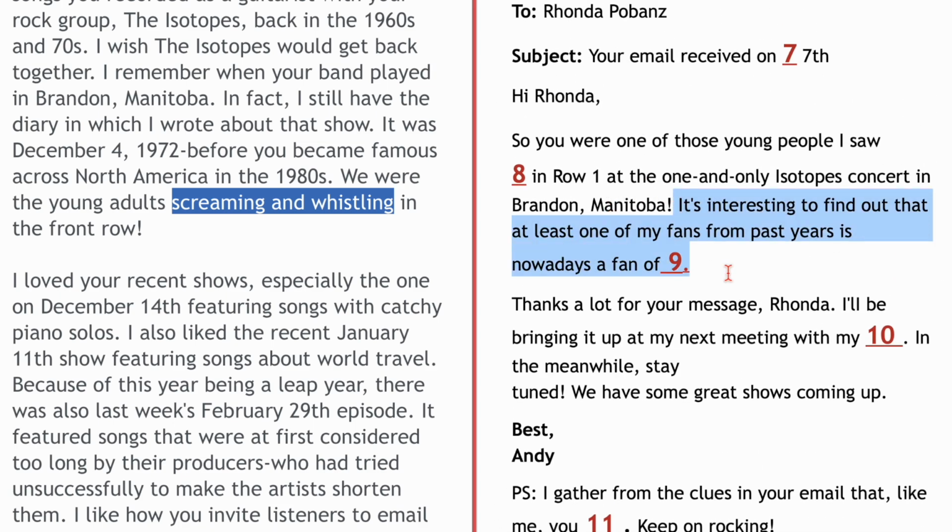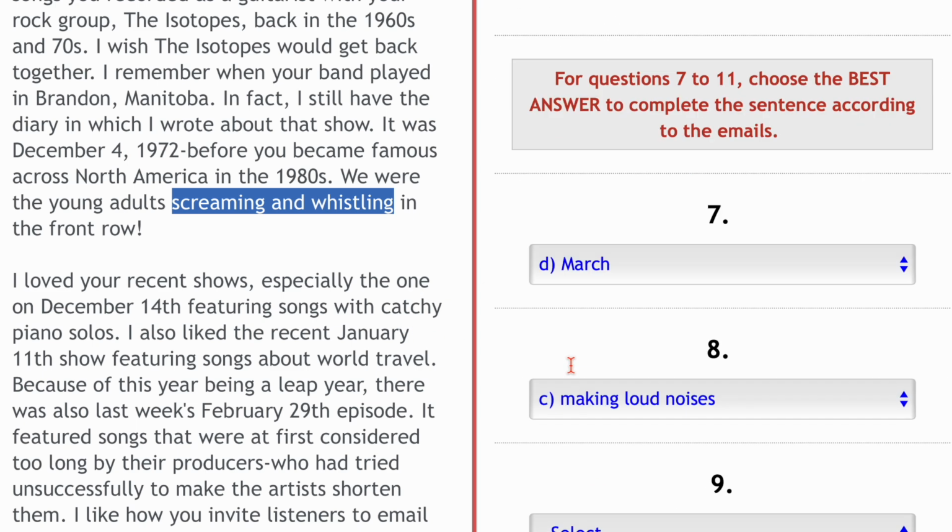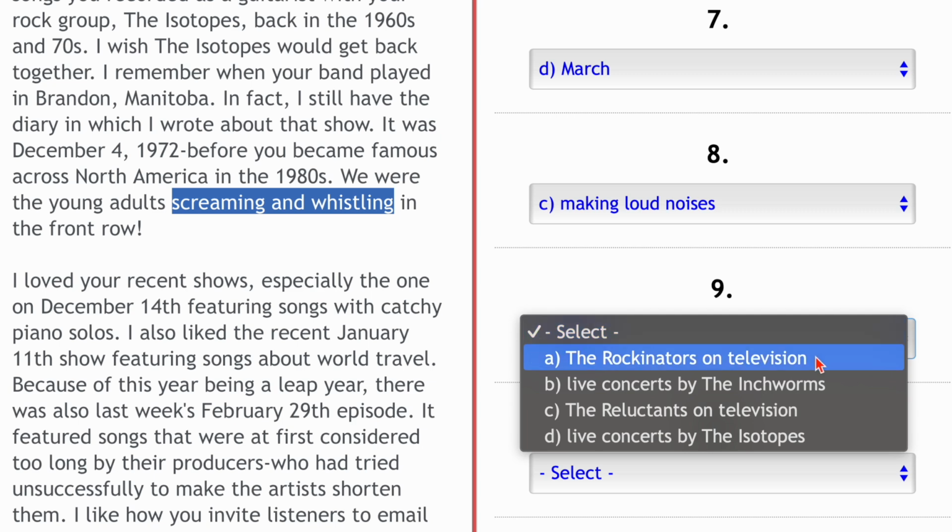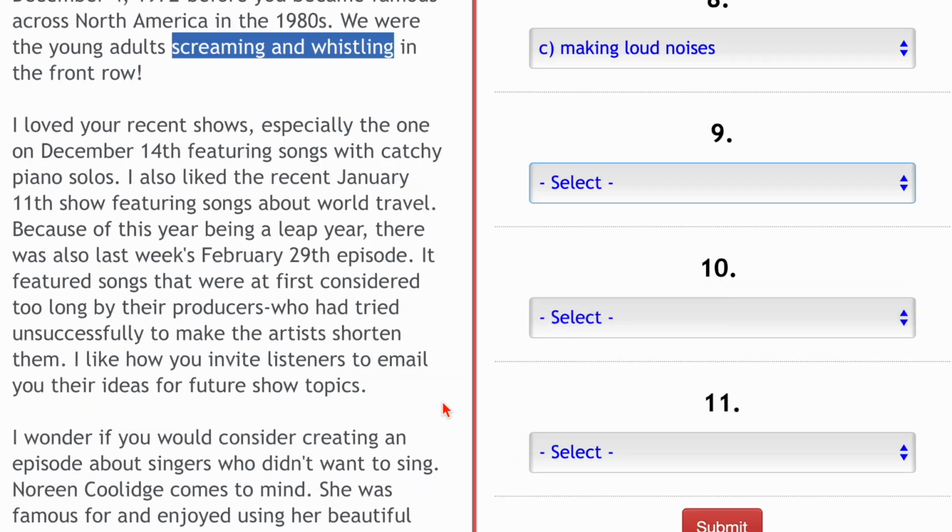It's interesting to find out that at least one of my fans from past years is nowadays a fan of. So one of my fans from before is nowadays a fan of what? The Rocking Natives on television. She mentioned that not live concerts by the Ancients, The Reluctance. Definitely not C because that's the show she recommended and not on TV. And also not D because this band was his band that doesn't play anymore. So A or B, and I remember in the last paragraph,